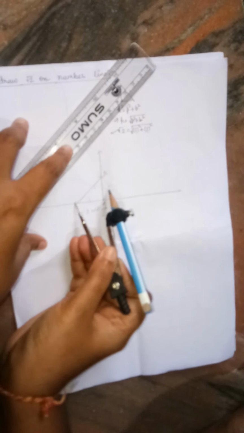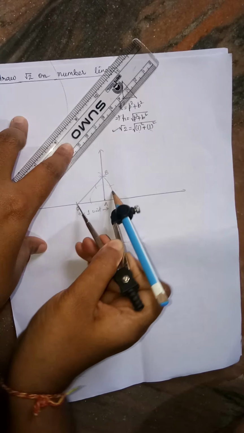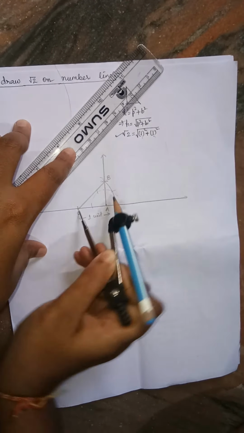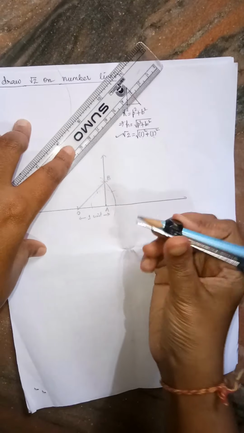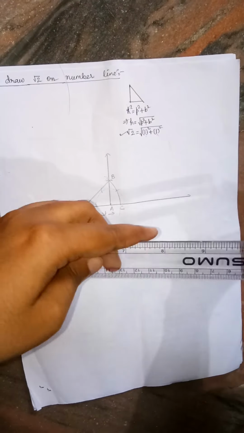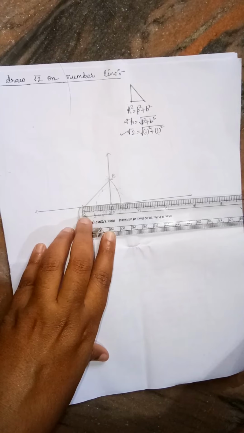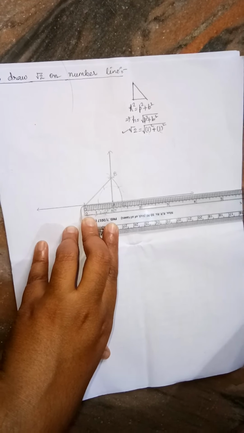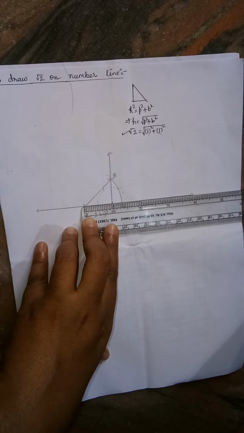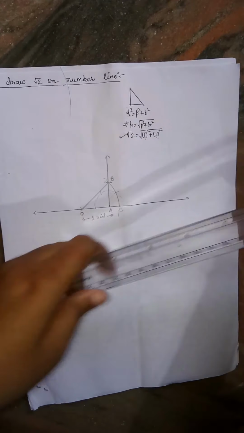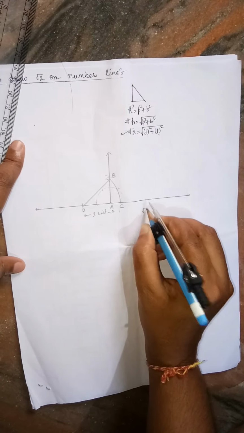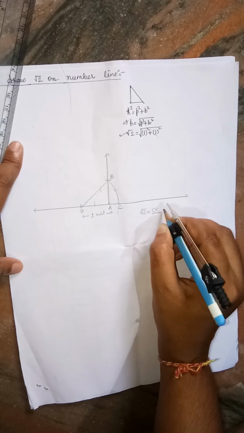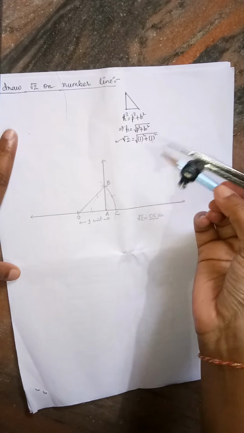We are getting here again, look at here, we'll take OB as radius, O as center, and make one arc which will touch the number line. This one is our C, take that point C. Now you just measure this value OC. OC is coming here 1.6. Okay, 1.6, and we have taken 1.6 here. So next you write down the value of root 2. Whatever measurement is coming, you write down here, which is the value of OC. This is the way we can draw root 2.